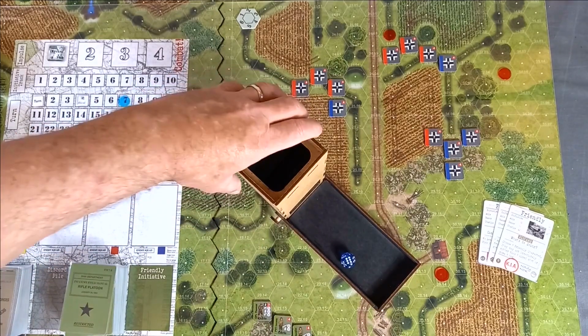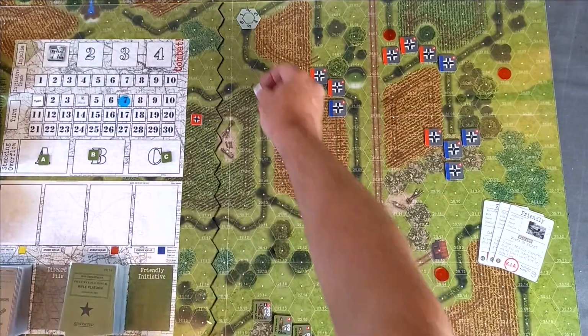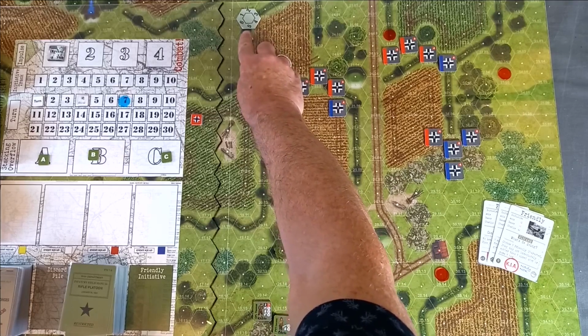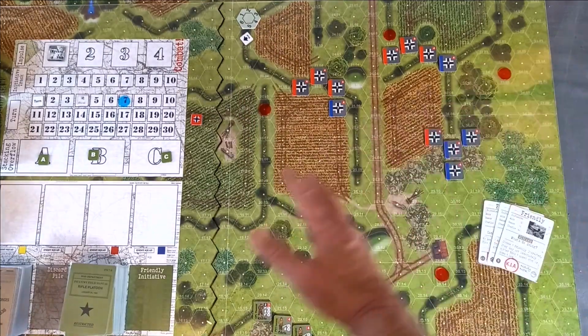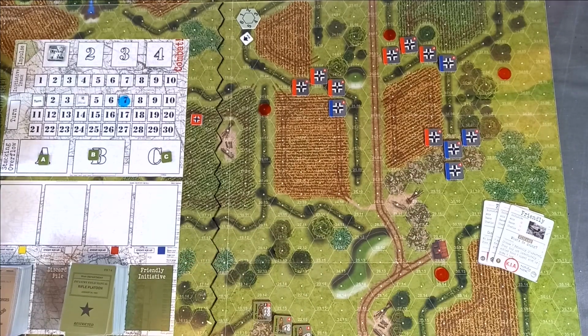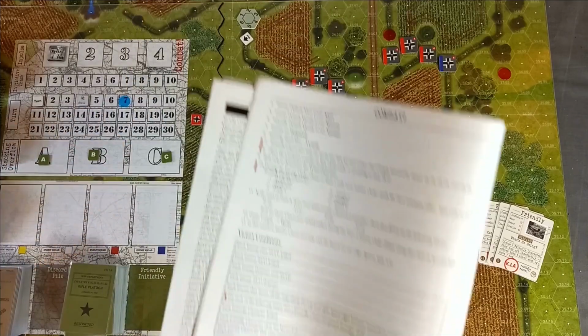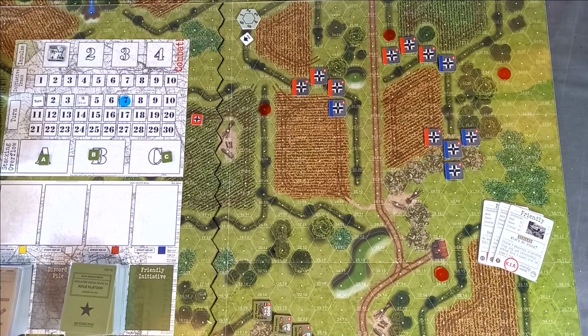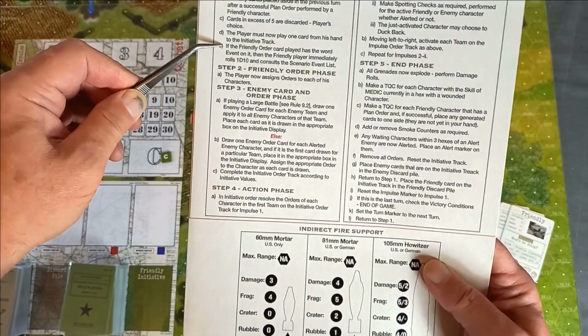Number 6. The wind is going to go that way and the smoke will be coming down in that direction of the battlefield. Next it says randomly give the enemies their orders from this table. So we'll do that in a moment, but if we look at the sequence of play, it says the player,